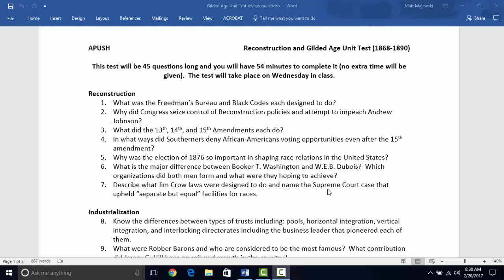Eventually, remember, they win a supermajority in Congress, so they can override Johnson's vetoes. When that happens, Congress squarely becomes in charge of Reconstruction from that moment forward. Also, remember, they did attempt to impeach Johnson because they disagreed with him so much on policy for Reconstruction. Remember, what did they do? They passed the Tenure of Office Act, so that when he tried to dismiss one of his cabinet members, he technically broke a law so that they could impeach him. It failed, but it did come close. All right, so the relationship between Congress and the president during Reconstruction is a mess, at least until President Grant